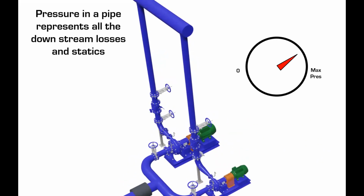So, pressure in the pipe. Let's first of all think about what this gauge is telling us before we jump into dissimilar pumps. Pressure in a pipe represents all the downstream losses and static. So let's take a look at this example here. This gauge right now at this one pump is measuring whatever that is. As we move down the line, or downstream, watch what happens to this gauge. If we were to keep drilling holes in this pipe and reinstalling this gauge further and further down, all the way to the end, we would see this pressure drop off. And that's because,